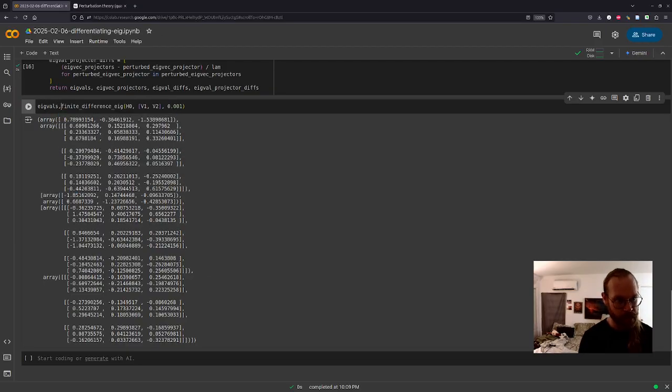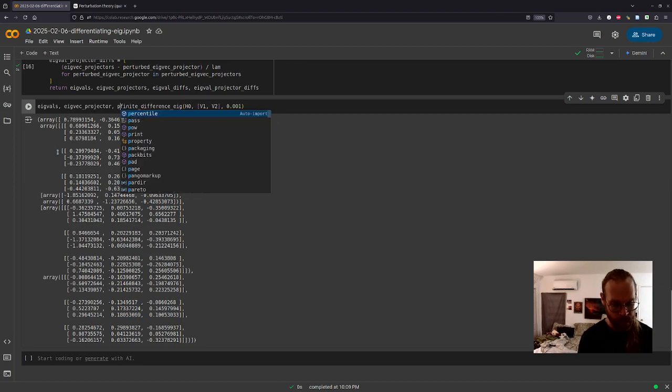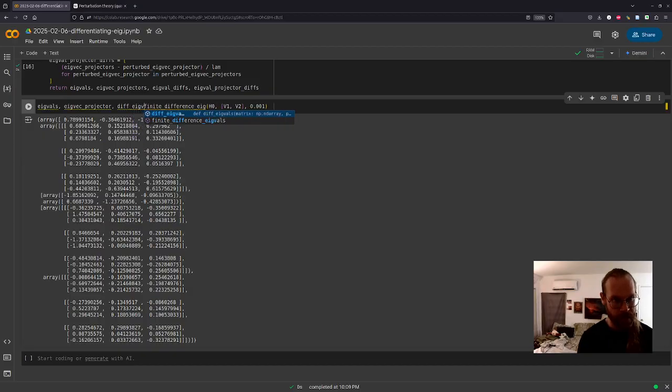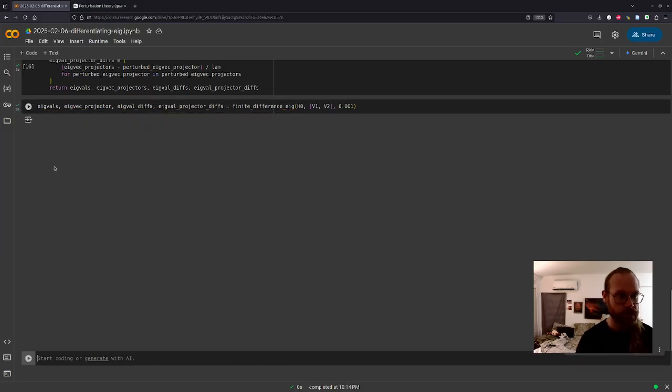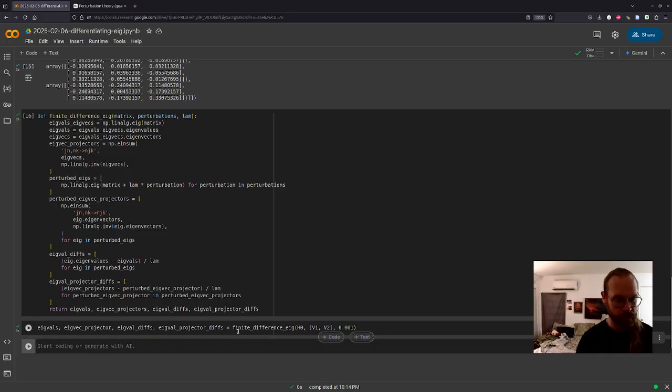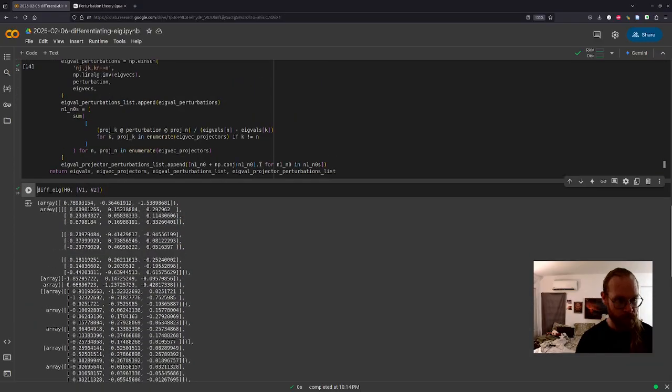So this is eigenvals, eigenvec projector. This is diff eigenvals, eigenval diffs is what we called it. And eigenval projector diffs. And let's just not capture these first two bits because it should be the same.